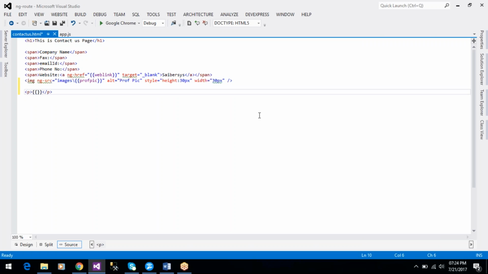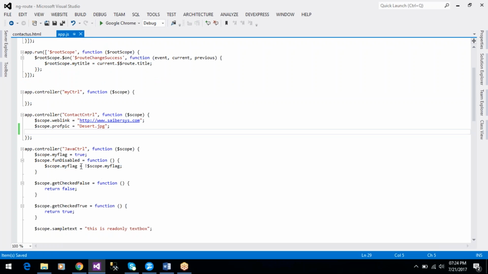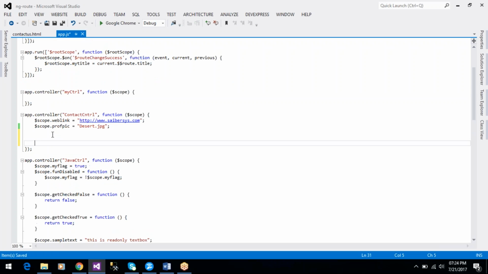This paragraph contains a scope variable we need to create here, sampleText. Sample text is the variable. In the contact controller, scope dot sampleText equals to